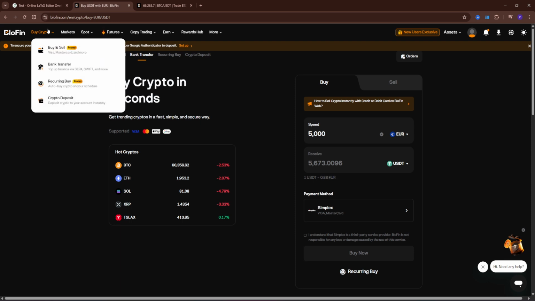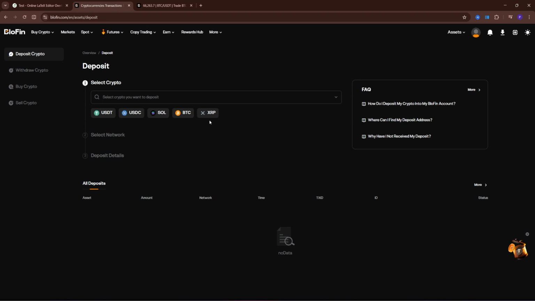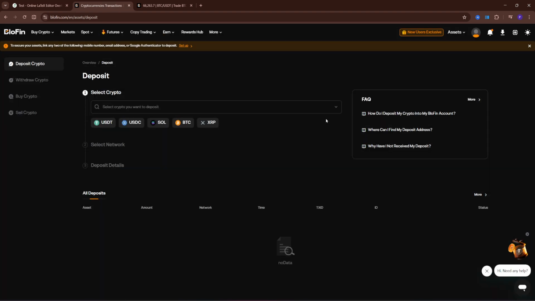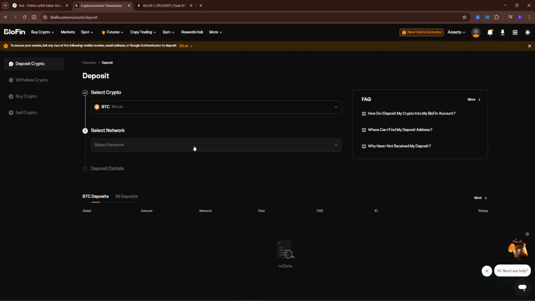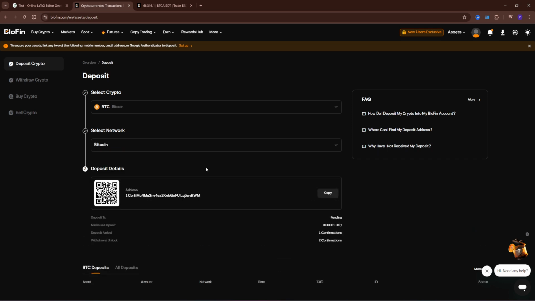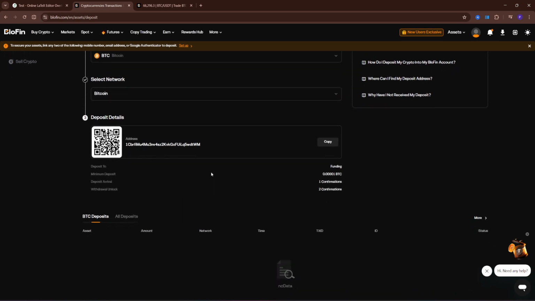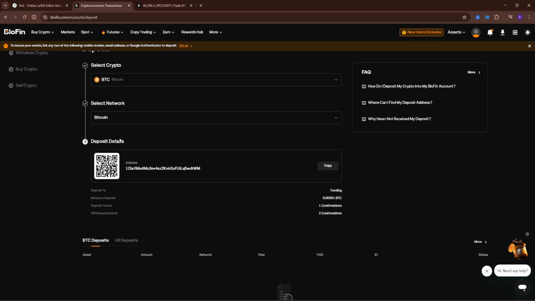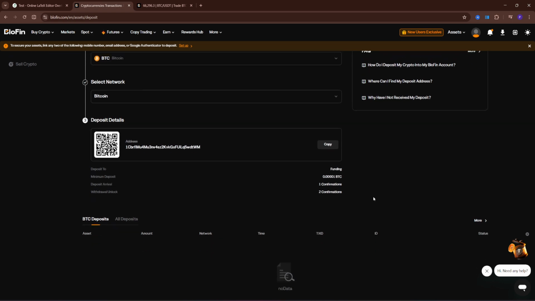Now, if I want to deposit crypto, right here you see the option crypto deposit, click on that. Here you will select the crypto you want to deposit. So maybe I want to deposit, let's say, Bitcoin. Now I will select the network, so the Bitcoin mainnet, and right here we have some deposit details which